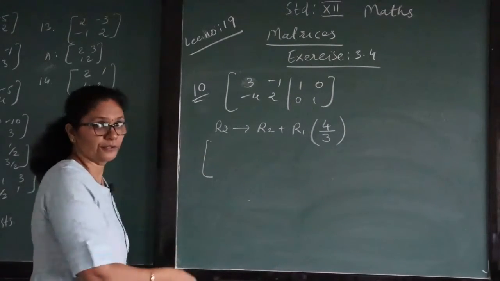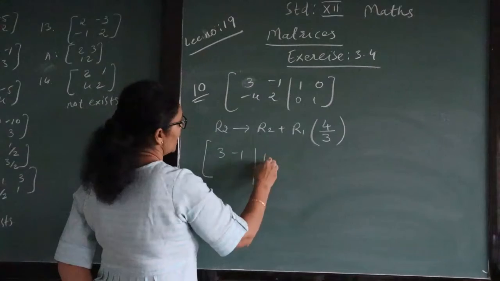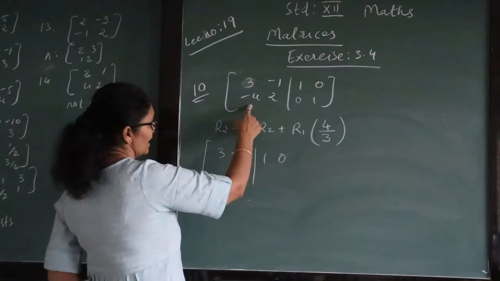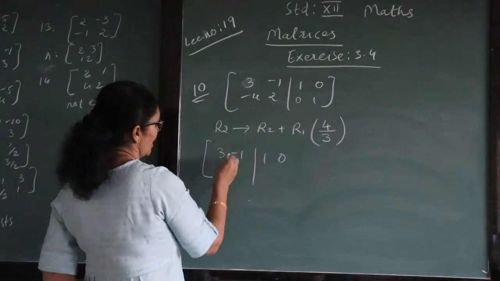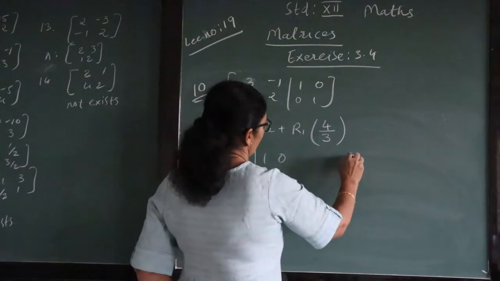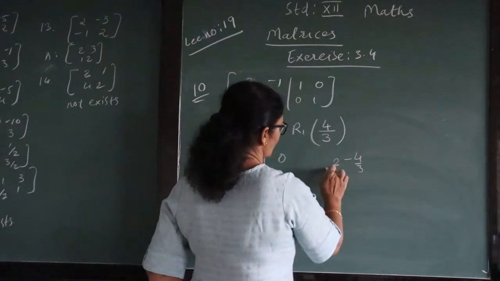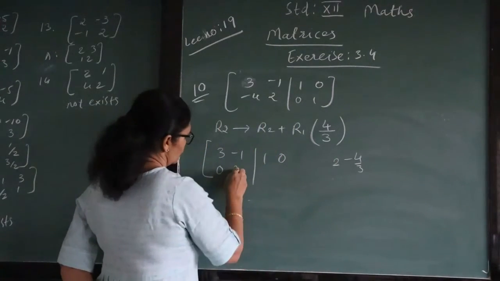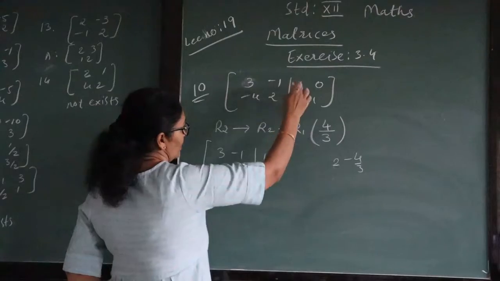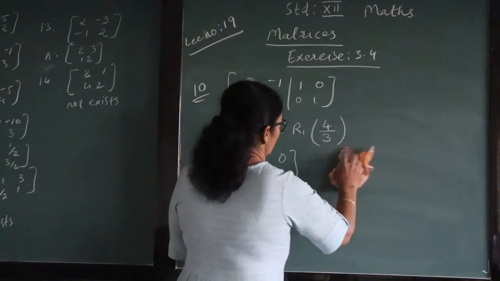Now let's do it. What to do? First one we have to write as it is. Okay, let's make a change in it. Divided by 3 and multiply with 4, this became 0. Now let's write here. We have multiply with minus 4 by 3 and added in 2. 3 2s are 6 minus 4. So what you get? 2 by 3. Multiply with 4 by 3 and this 1 as it is.